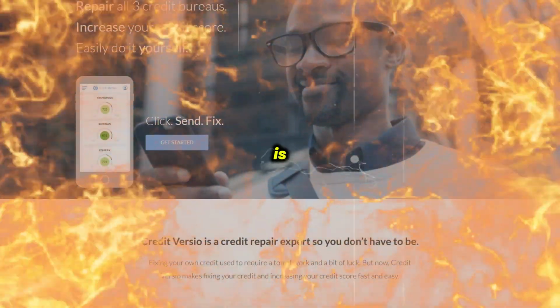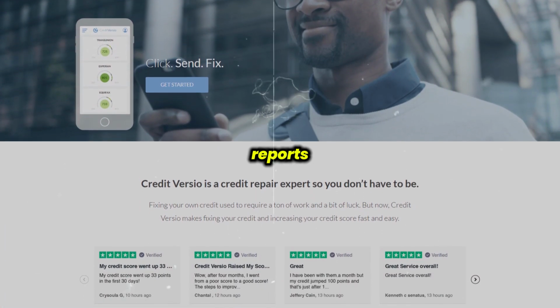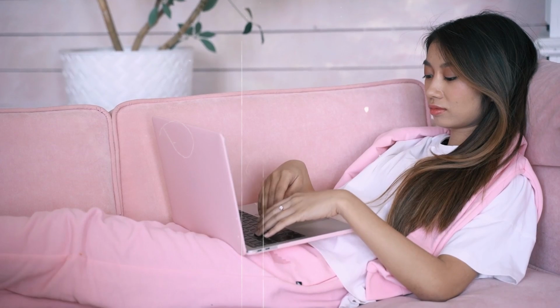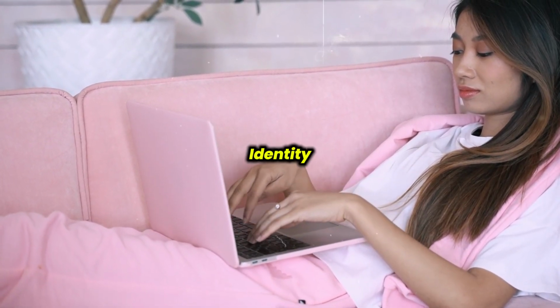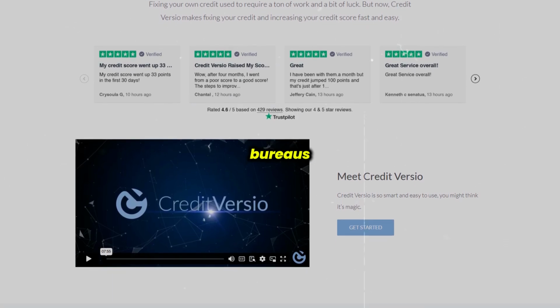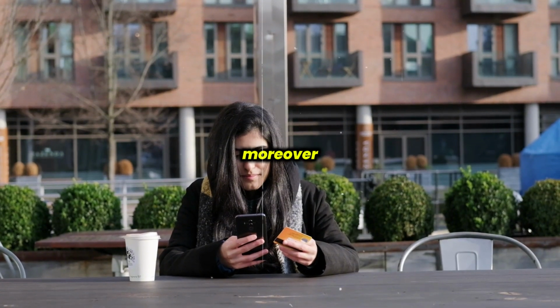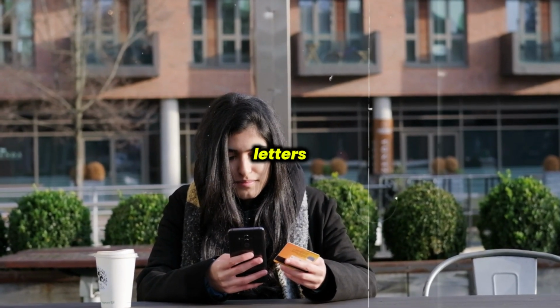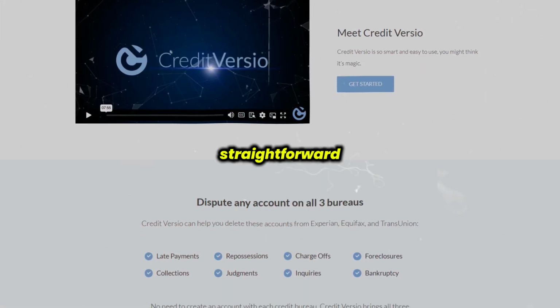Credit Versio is a credit repair platform designed to help users identify errors on their credit reports and dispute them effectively. It partners with credit monitoring services like Smart Credit and Identity IQ to provide integrated access to credit data. With Credit Versio, you can send unlimited disputes to all three major credit bureaus: Experian, Equifax, and TransUnion. Moreover, the platform automates dispute letters and provides easy tracking of progress, making the credit repair process straightforward and accessible